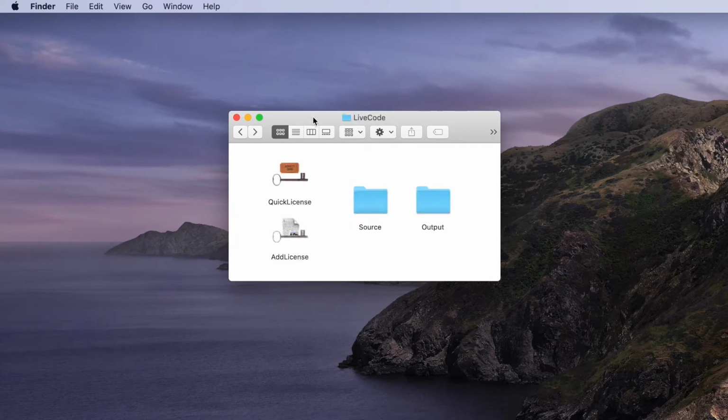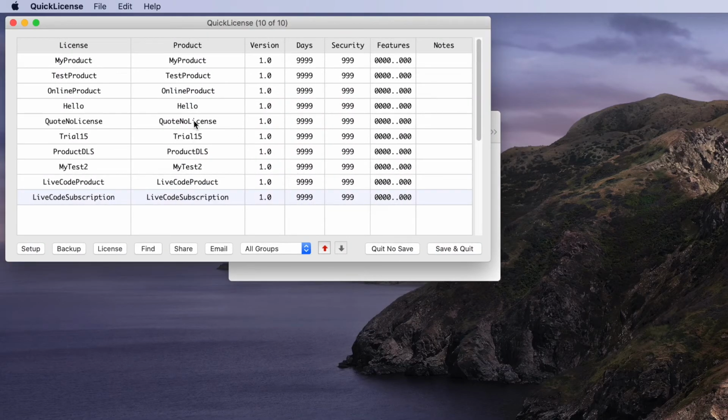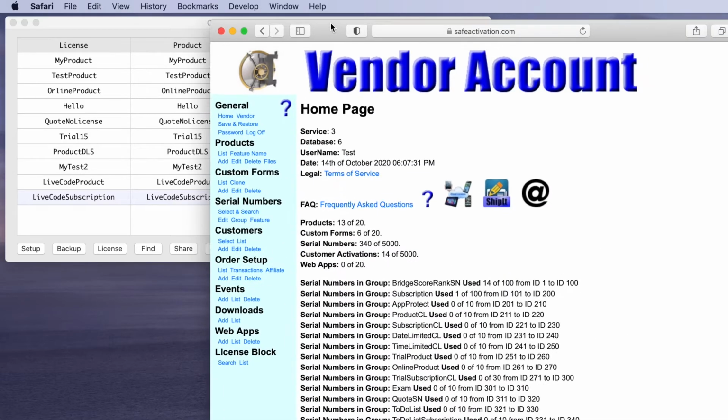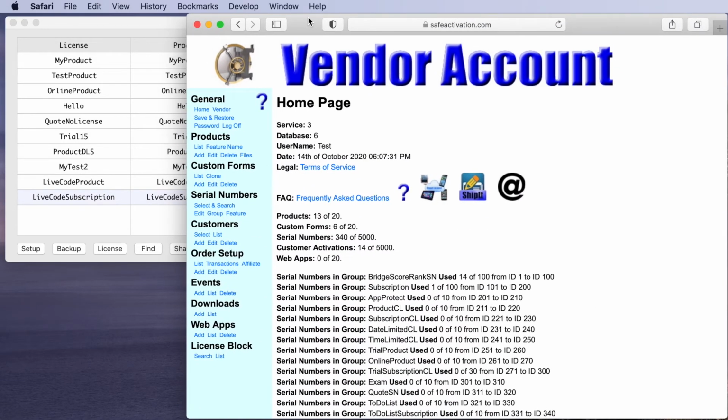Now let's demonstrate a subscription license with an online serial number activation process. There's two parts to the setup process. There's the quick license part where we're defining the subscription license, and there is the online activation server part, which can be accomplished with a self-hosted activation server or an account on the Safe Activation service, which we'll demonstrate